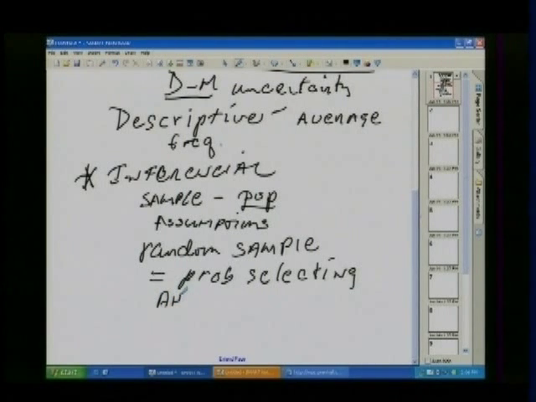Okay? This is very important, and the reason it's important is because if we don't have a random sample, we're not going to be able to say anything about the population. All we're going to be able to do is to describe the sample. So you want to make sure that when you take a sample, it is representative of that population as best